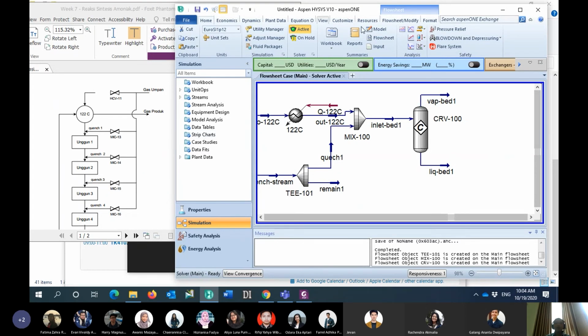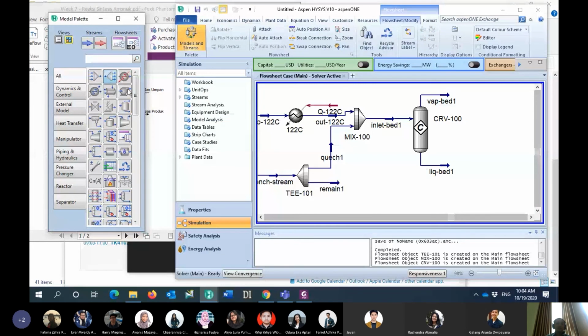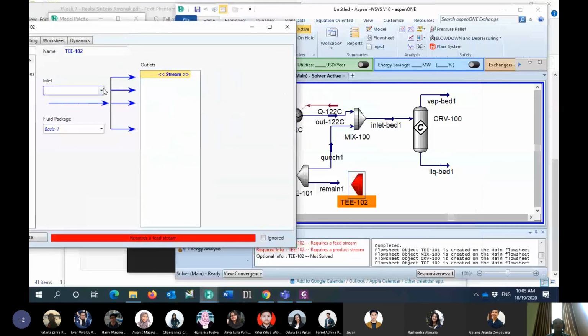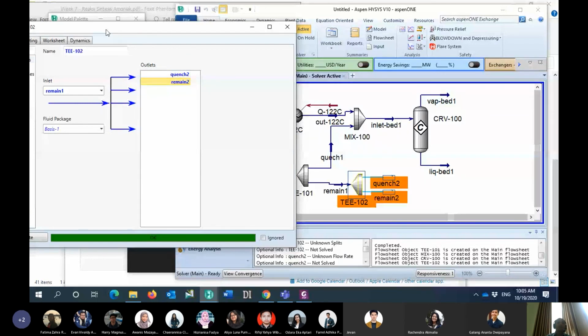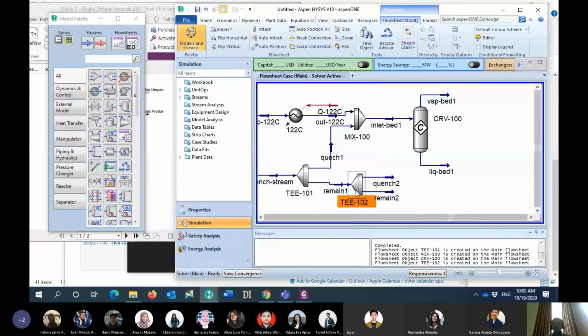Okay, and then the outlet of bed number 1 will be combined with the quench number 2. So again in here we have to put the splitter, the T. The second T. So it's the remain one, it will have the quench number 2 and then remain 2. Define directly, for example, 0.4. Again I will optimize that value later.